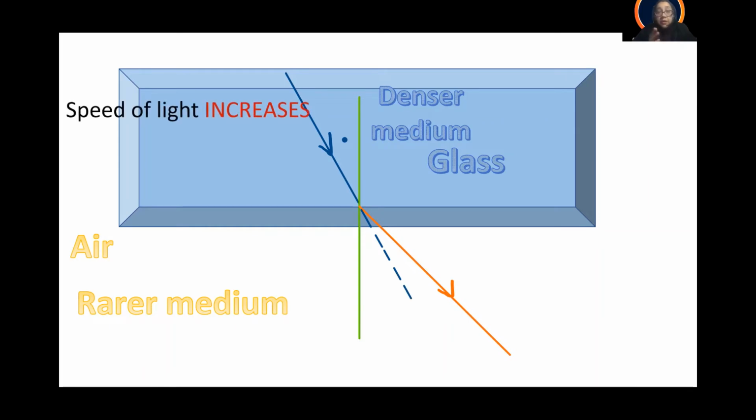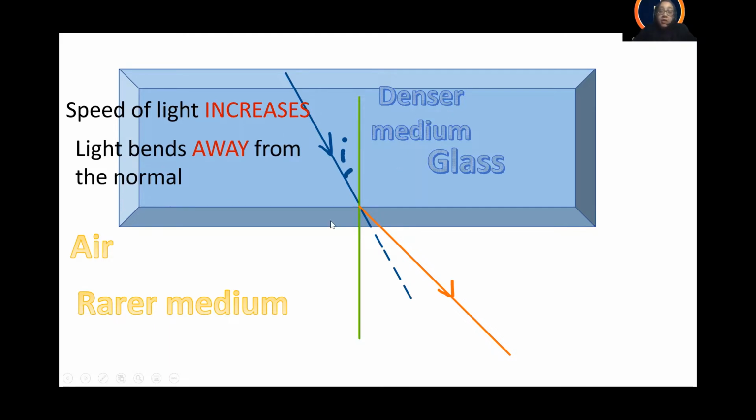Okay. So now here we will see that the bending of light is happening because it is changing the medium, but the refracted ray bends away from the normal, because we see that ideally the dotted line is the path the ray of light should have traveled if there was no bending. So the refracted ray bends or moves away from the normal. So here the speed of light increases when it is traveling from denser medium to rarer medium. So our observation is that the light bends away from the normal when it is traveling from denser medium to rarer medium.